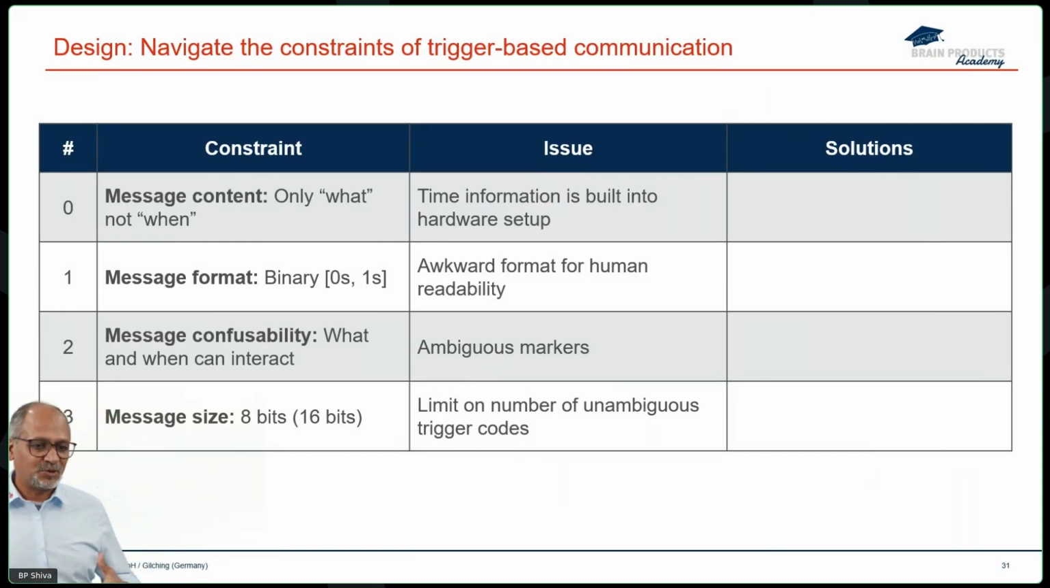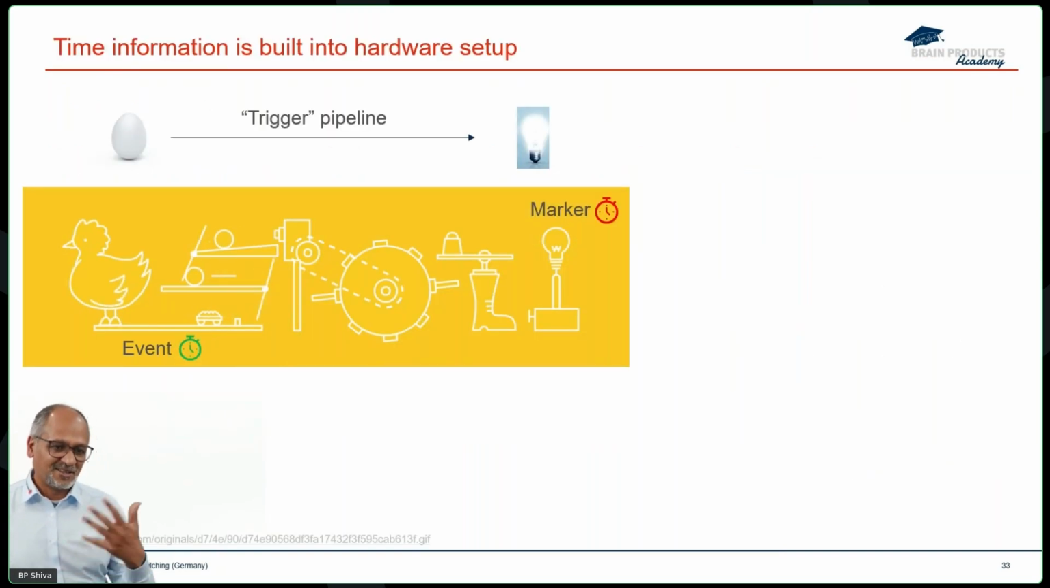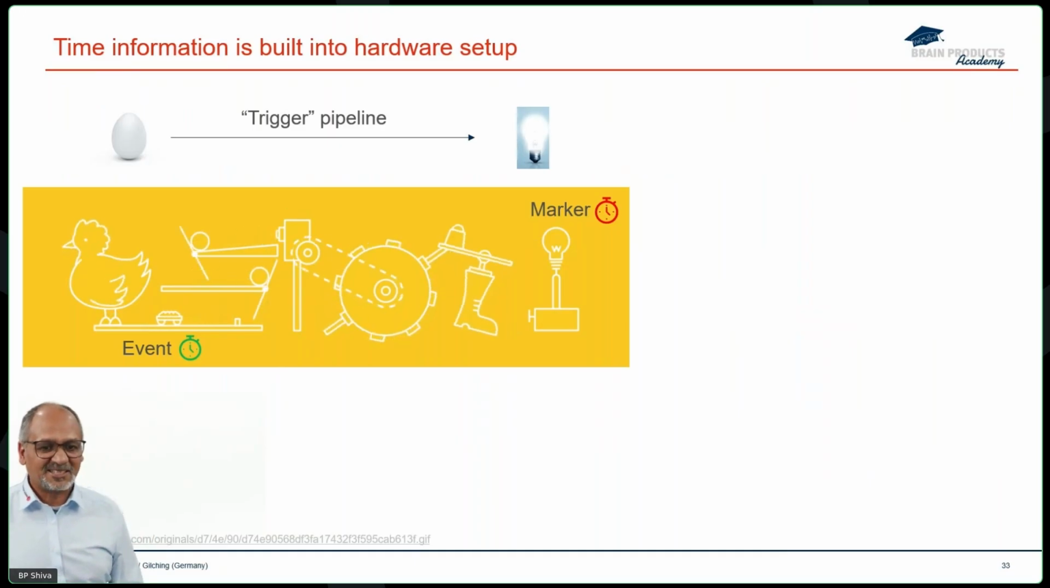And you need to take them into consideration and navigate them to find the solution that fits for your experiment. Importantly, the first constraint, which is marked as 0, is not about the information that is sent explicitly, it is about timing. So the trigger codes actually contain information about what is sent, but not about the timing explicitly. And to give you an easy way to think about this,